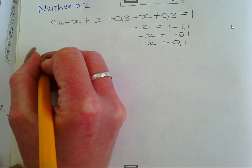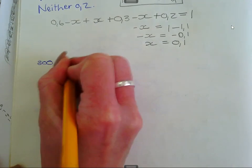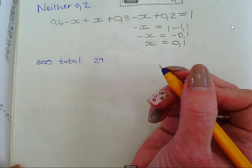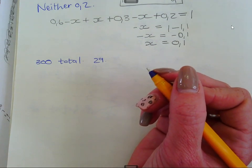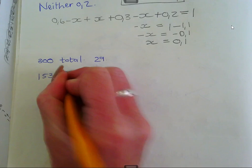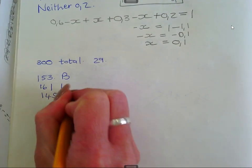Okay, this is now about a hotel. There are 300 guests in total. 29 people did not eat. They are giving them breakfast, lunch and dinner. So you can choose whether you're going to eat by the hotel. So they are saying 153 had breakfast, 161 had lunch, 145 had supper,